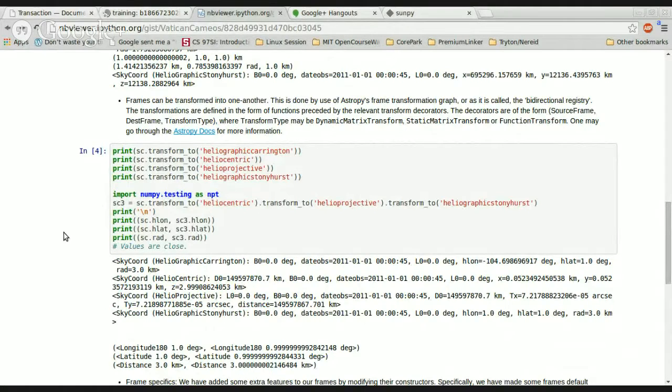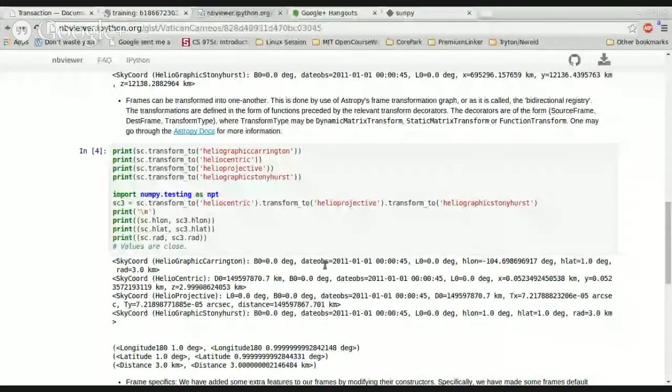Yeah, the representation is Cartesian, spherical, or cylindrical, and that is a way of describing a coordinate in 3D space. Changing the representation doesn't change the point and doesn't change the frame. It doesn't change the origin of the coordinate system or anything like that. It's just instead of representing a point using longitude, latitude, and radius, it represents it using X, Y, and Z. Right. And I've also described that a frame has a different origin or a different